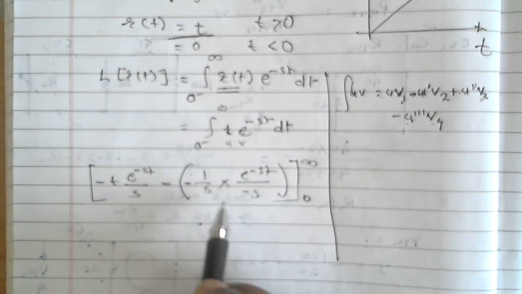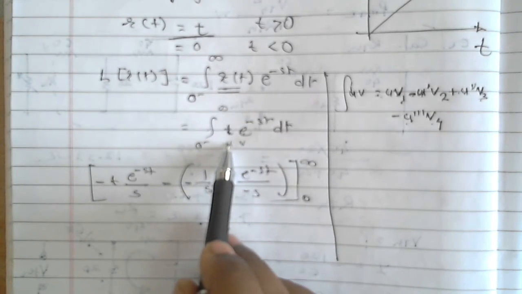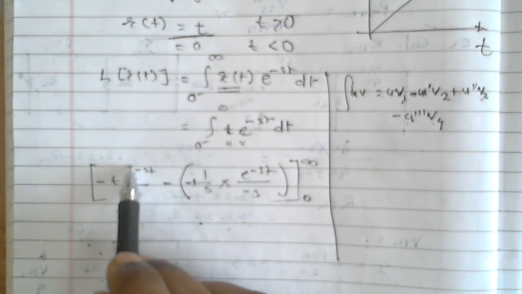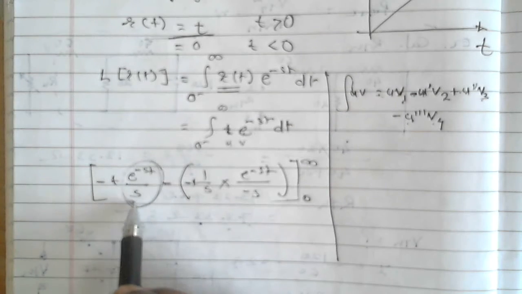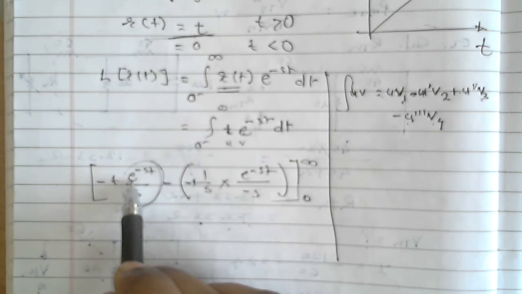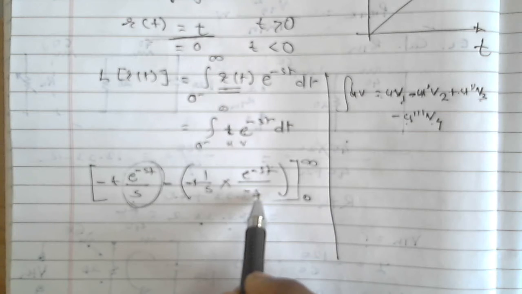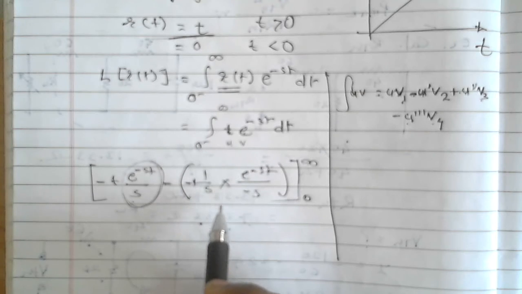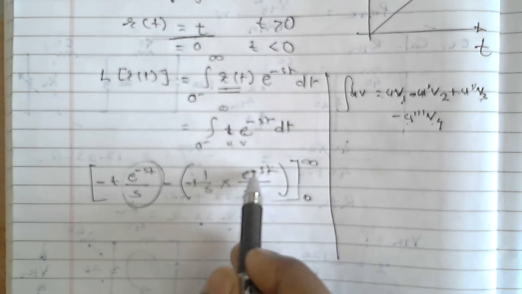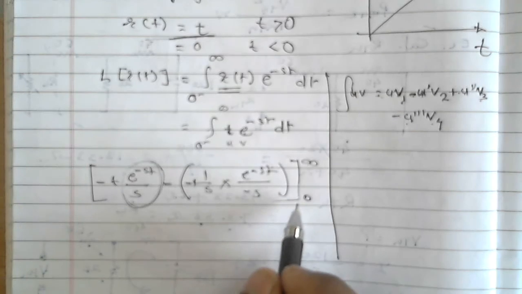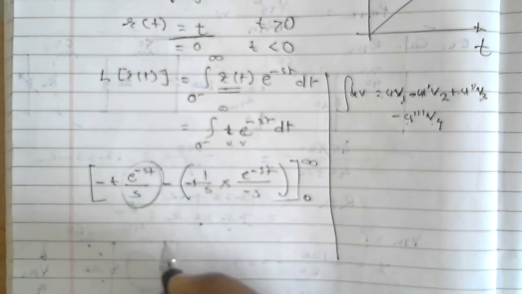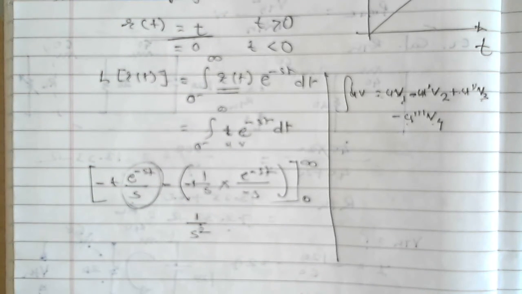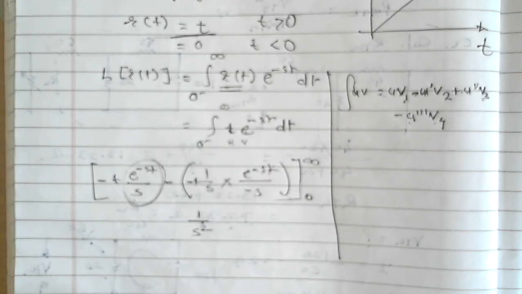Okay, you got it, no? This is the derivative of u, that is the derivative of t is 1, so I'll write 1 over here. Then the integration of this particular term: 1 by s is constant, so I have taken it outside, and the integration of e raised to minus st is e raised to minus st divided by minus s. Minus 1 by s was constant, so I have taken it outside. Now just put the values. As I said, e raised to minus infinity is always 0, so only the lower limit will exist, the upper limit will not exist, and you will get the answer 1 upon s square.